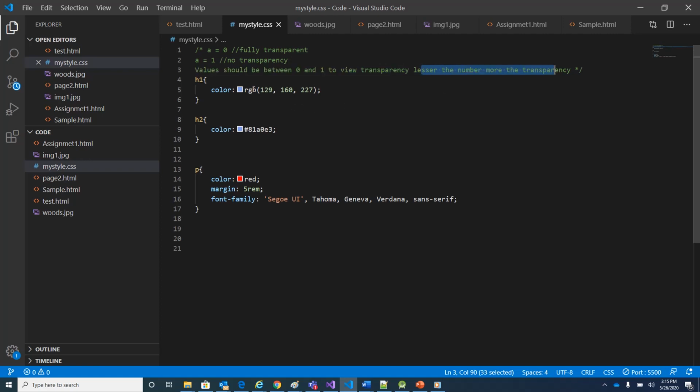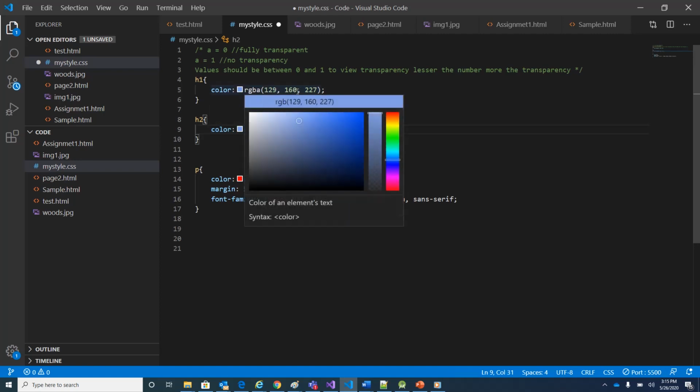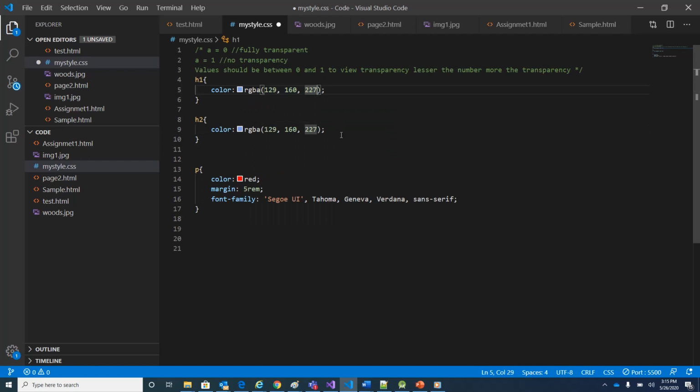Not clear? Don't worry. What I'll have is, I'll make it RGBA, and also I'll remove this hex format and have this similar style. For RGBA, this is R value, this is G value, this is B value. For this I will add a transparency of 0.8, and for this I will have the transparency of 0.4.